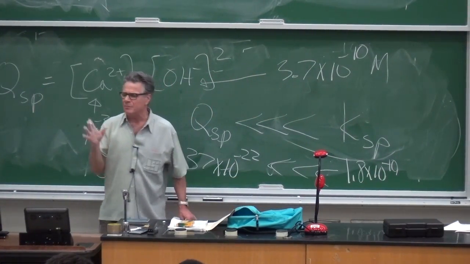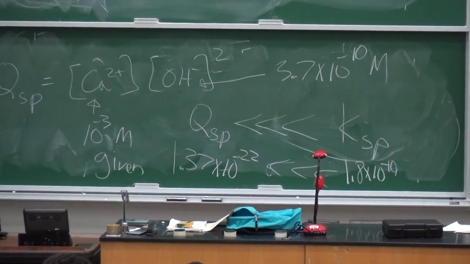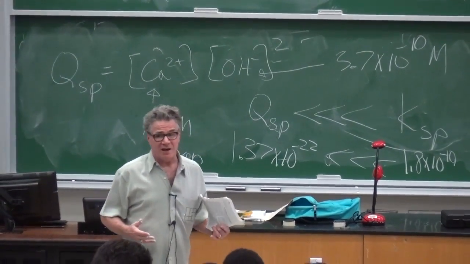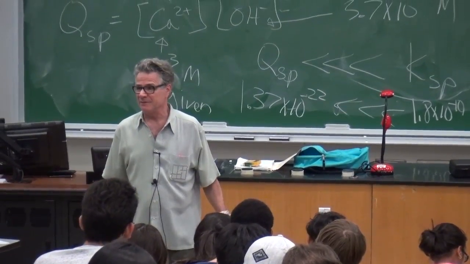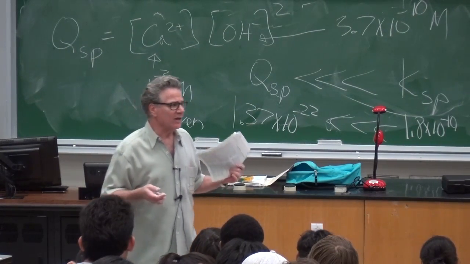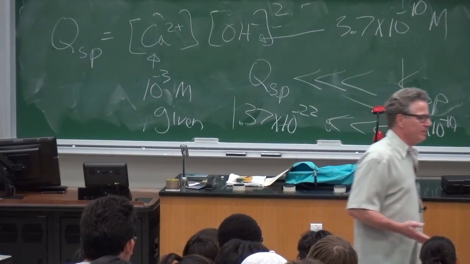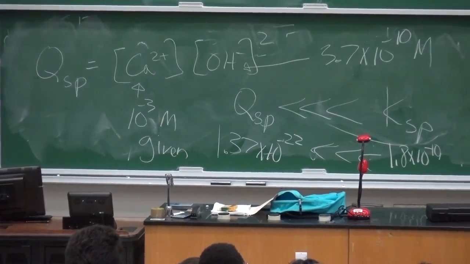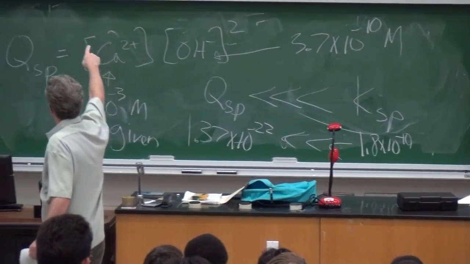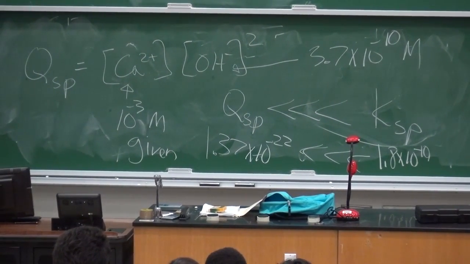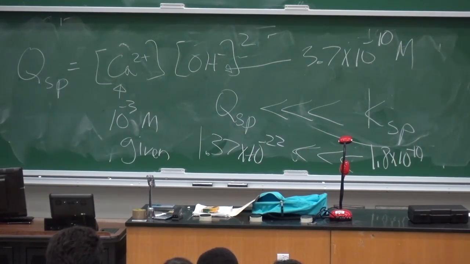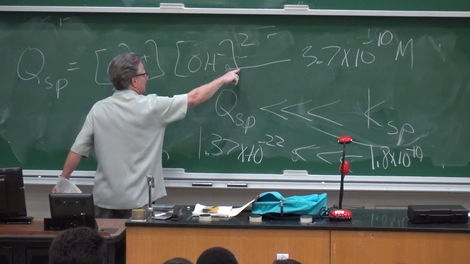So key, fundamental, important point that comes out of this discussion. If QSP is less than KSP, you don't get a precipitate. Very important concept to get in your head. If QSP is less than KSP, you don't get a precipitate. You haven't got the concentrations up high enough. And so that's what we just discovered. When we got the concentration of hydroxide just right to get the tin down to 10 to the minus 9 molar,